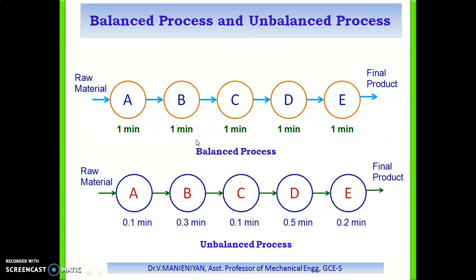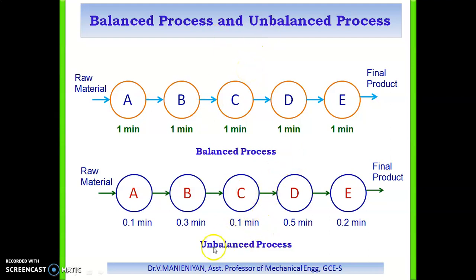This is known as paced production time. In this case the cycle time will be 1 minute, and at each 1 minute interval one unit of product will be produced. Since the actual time at every stage is equal, the process is known as a balanced process. It gives a perfect matching of stages for each sequence.